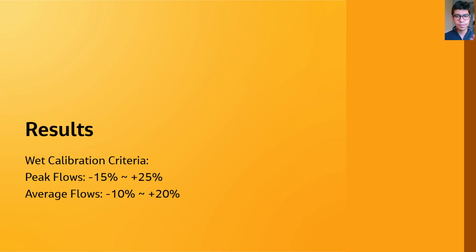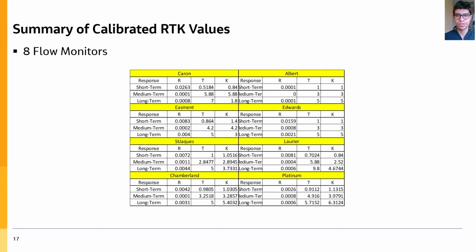So there is a little bit of a maneuver room, as we can't really calibrate to 100% of flow accuracy. Here is the summary that we've gotten from Peel Region Modeling Guideline. You can see this is the summary of it, and this is what we try to achieve throughout this whole calibration practice. Now, let's go take a look at the results, and you can see for the 8 different locations